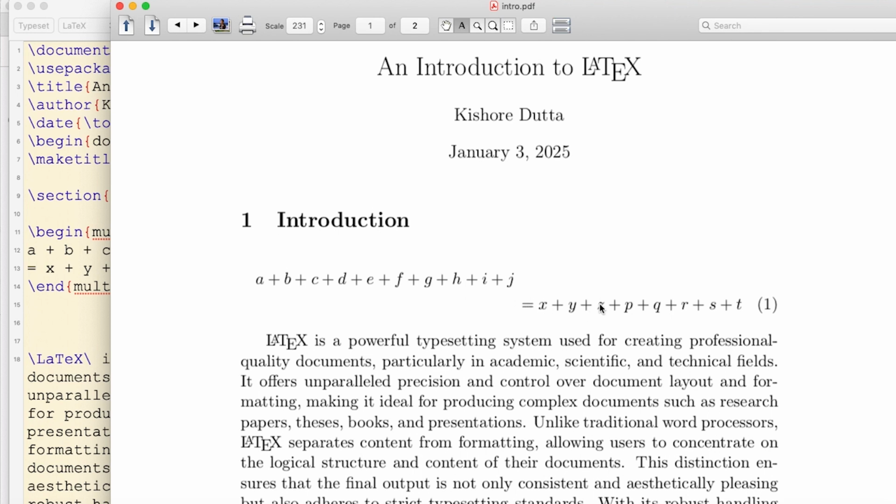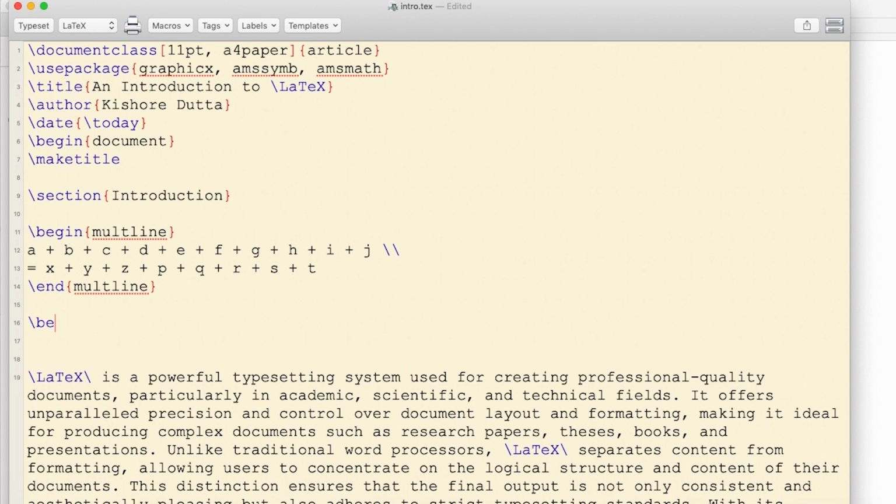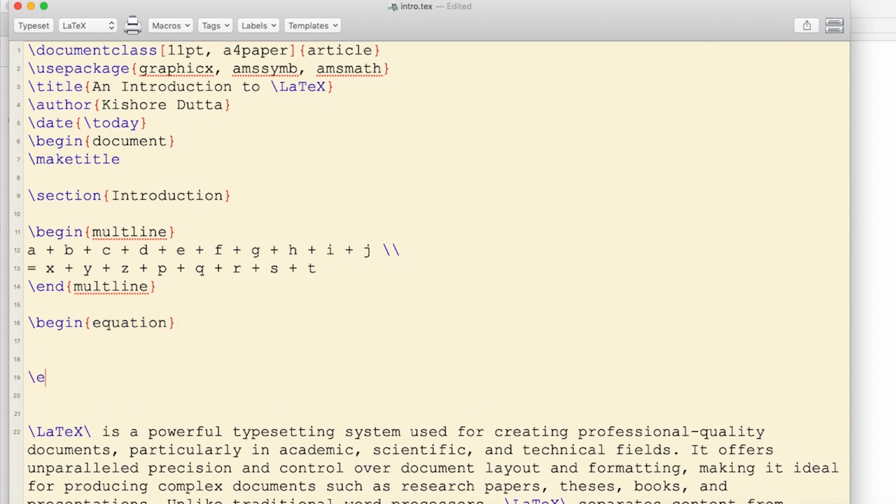So let's look at now the split environment. It is used to break a single equation into multiple aligned parts. However, it must be used within another environment, such as equation. For example, if we type begin equation, end equation, and within equation environment we write begin split and end split, and then the equations, let's say